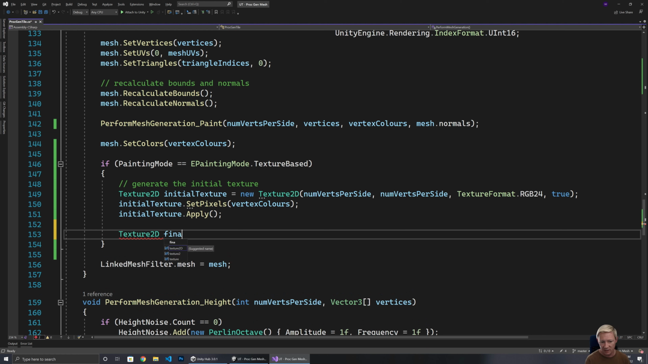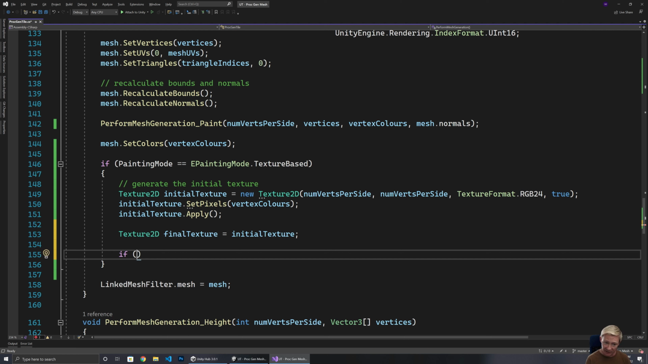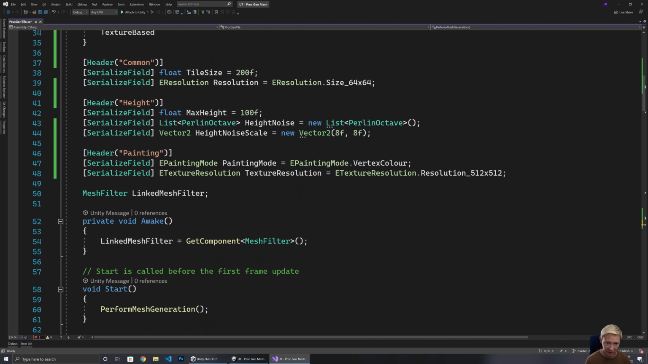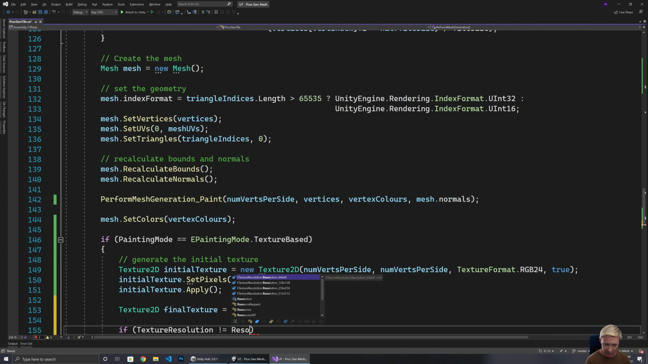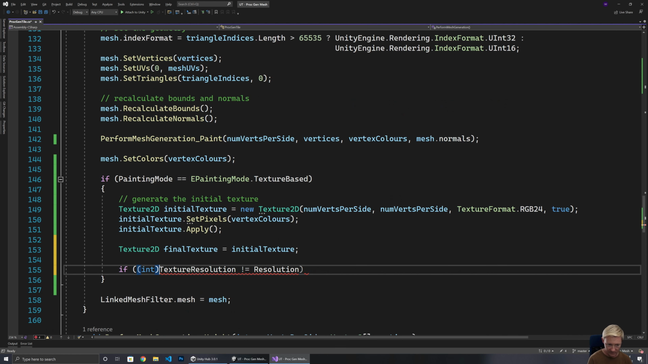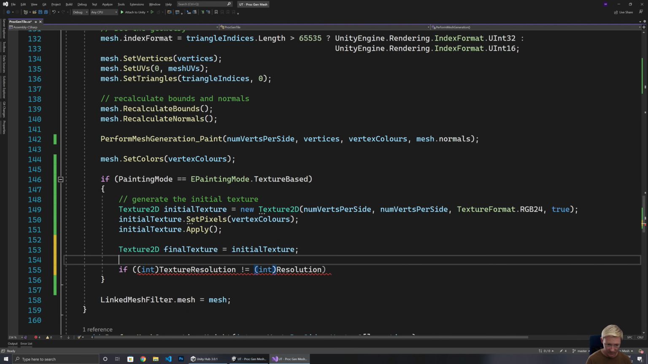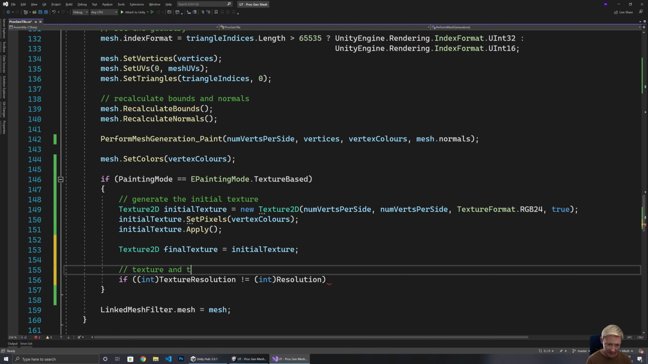So Texture2D finalTexture. I'm going to set that to initialTexture to start with, and then check if our textureResolution is not equal to, we need to just check what the variable name here was, it's not equal to resolution. So this is our terrain resolution. So if texture and terrain resolution are different,